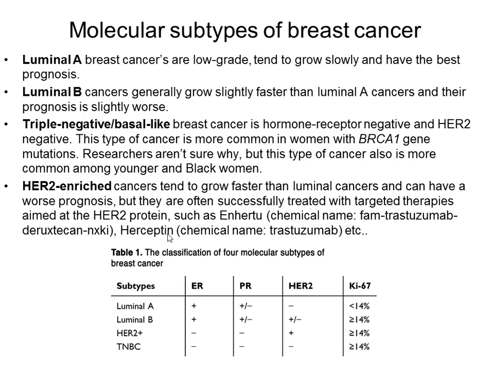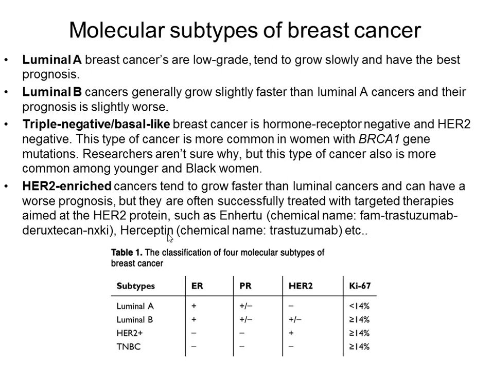Triple negative or basal-like breast cancer is a situation when we have estrogen negative, progesterone negative, HER2 negative, and a higher proliferative rate. That is more common in women with BRCA1 gene mutation. Researchers are not sure why, but this type of cancer is also more common among young and black women, and it's very aggressive,